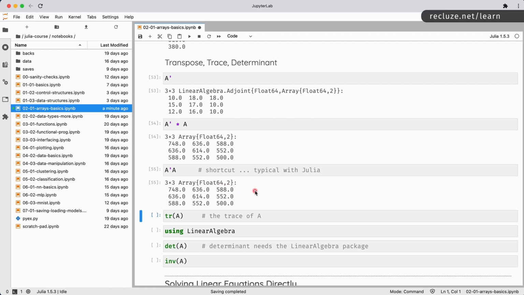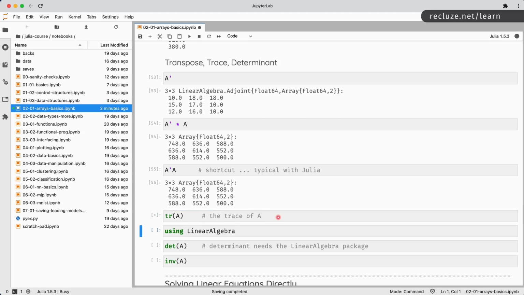So this is very typical with Julia. Julia strives to make sure that its syntax matches the actual mathematics as closely as possible, because that helps people translate research papers and research work which is in mathematics into Julia code, right? So your Julia code is going to look very similar to the actual mathematics that is in research papers and in the state-of-the-art work. Okay.